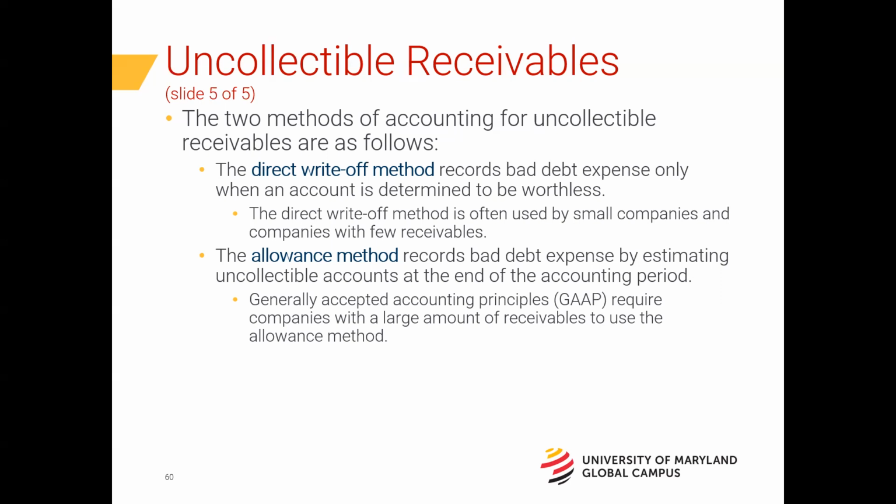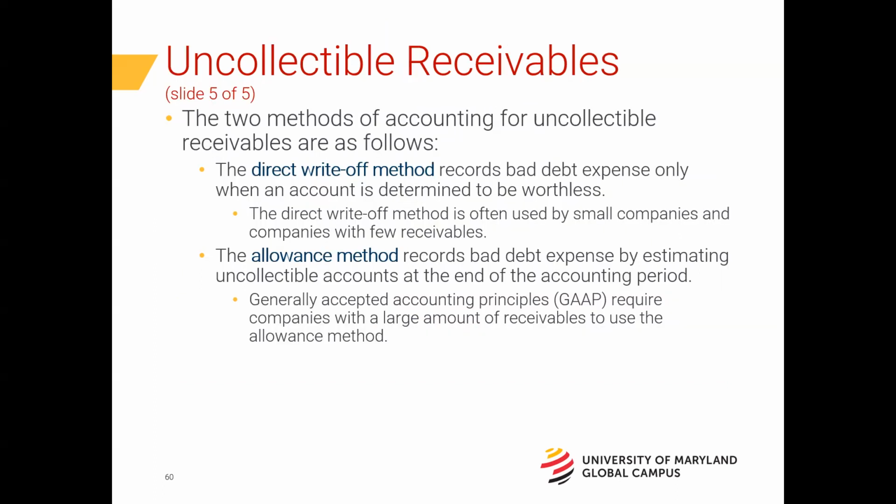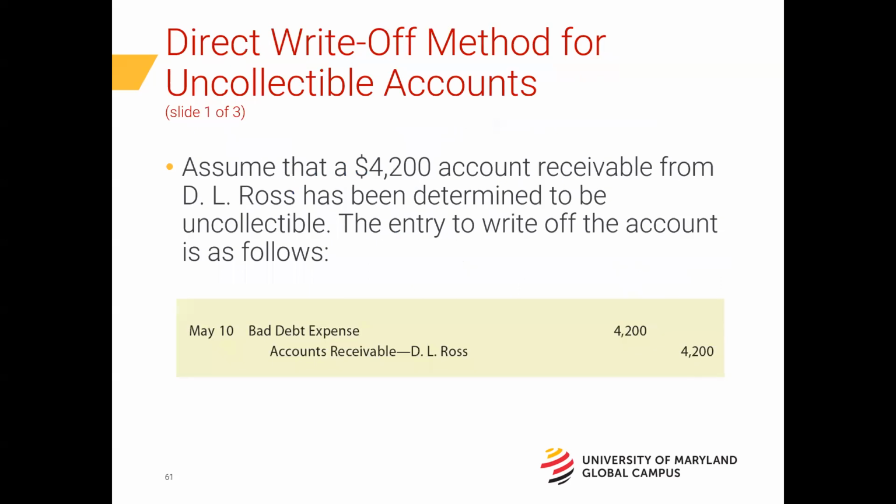Now, this is very common with large companies. I know that Macy's does it. I know that Amazon does it. I know that a bunch of large entities do it. And again, the reason for it is because there's a reasonable expectation that a certain percentage of your customers will not pay you. And so you use the allowance method. So let's take a look at an example, a couple of examples, I guess.